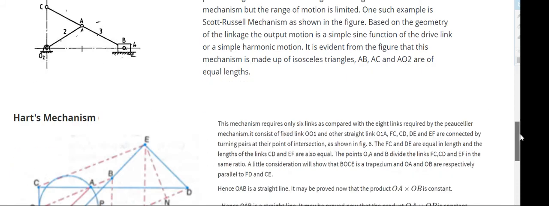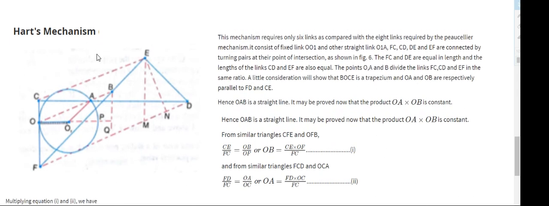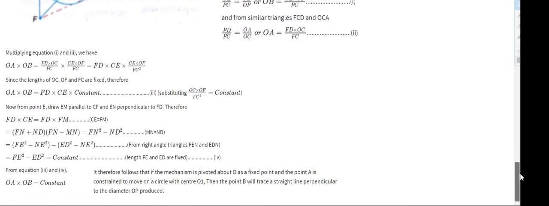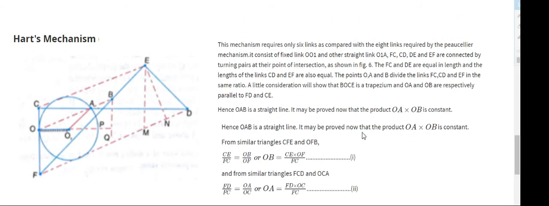Okay, now the third one of the exact straight line mechanism we will see is Hart mechanism. Hart is the name of the scientist, again Hart's mechanism. Similar to Posilier, there may be a question to prove that it is a straight line producing mechanism. So what you do is you have to take similar triangles C, E, F, that is C, E, and this F.